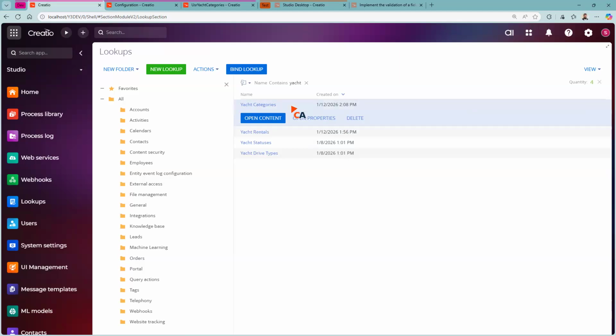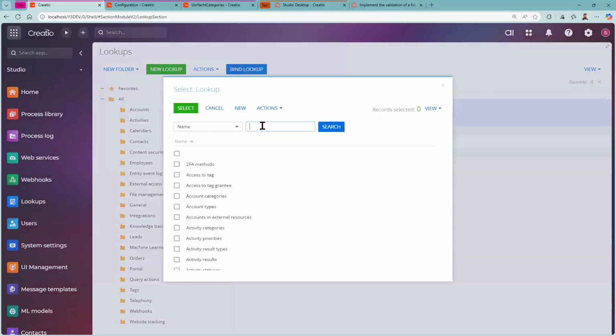Yacht categories is something that we will very likely use in our business logic, and we can even use it in business processes as default values. But even if we won't, we don't want to recreate anything in our test and prod environment, because sometime down the road, if we use this in business processes, we would have records with the same name but different ID. So first thing first, I'm binding this yacht